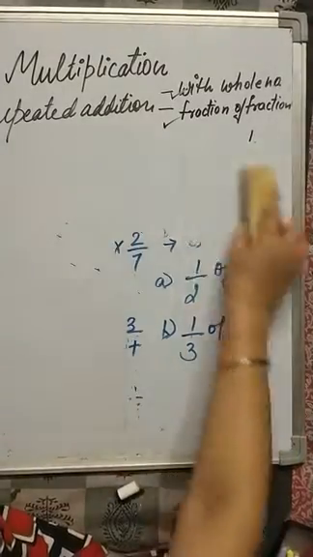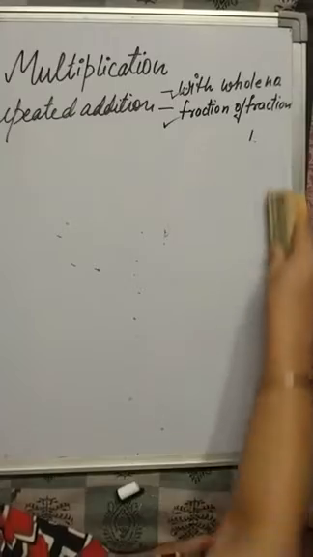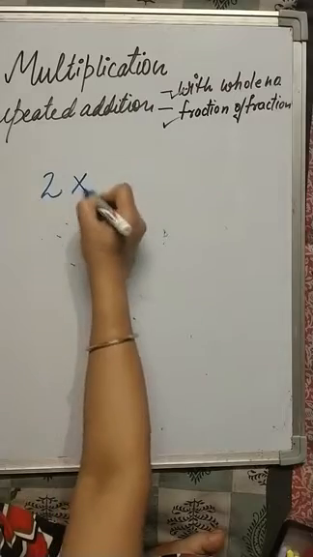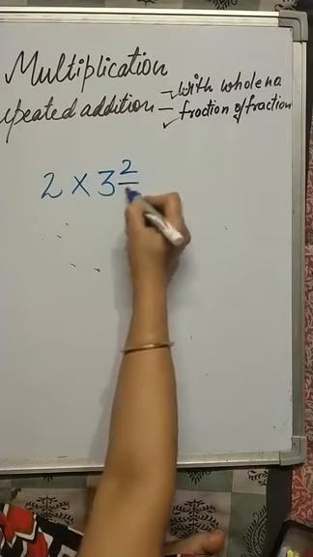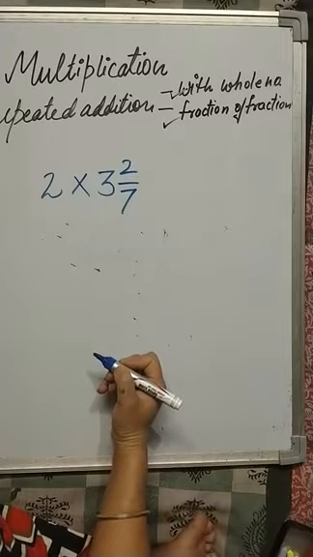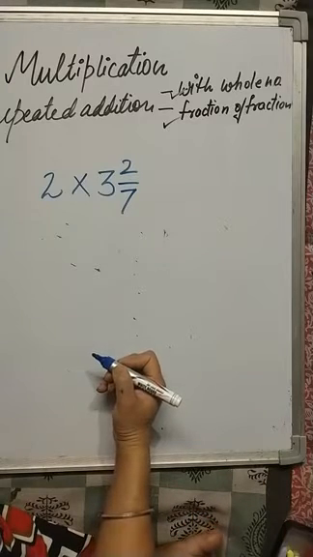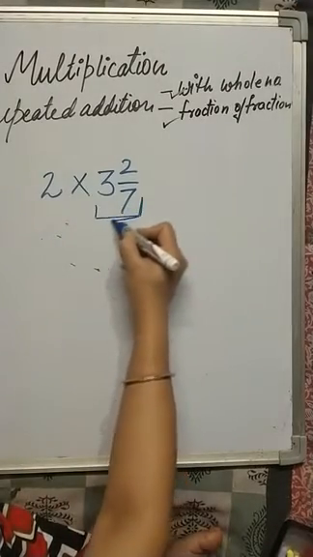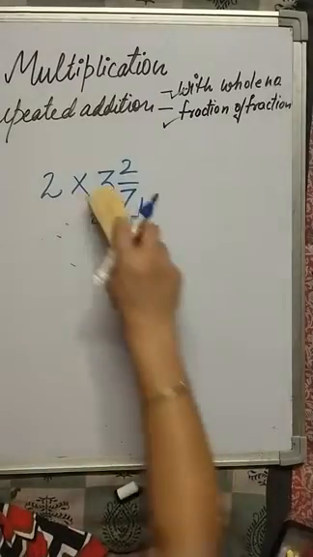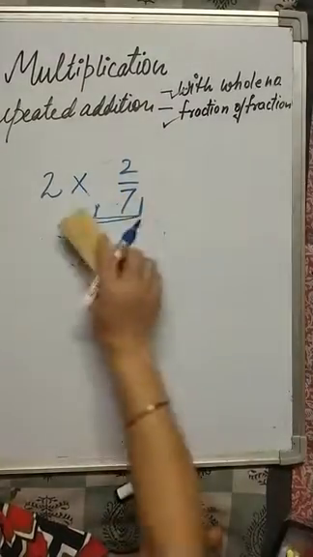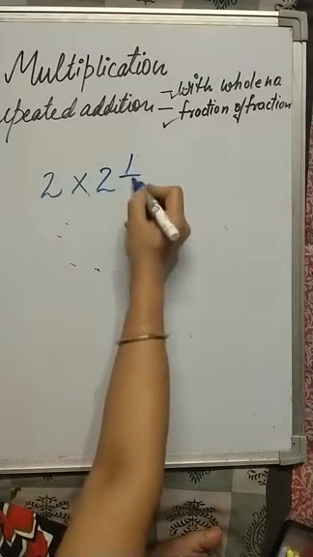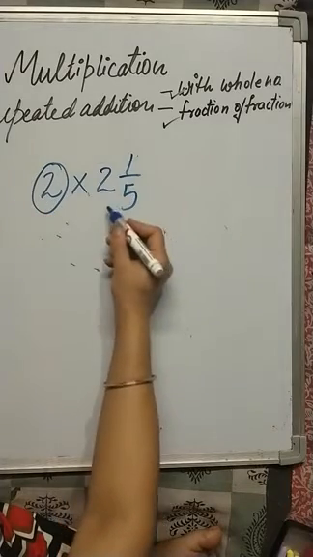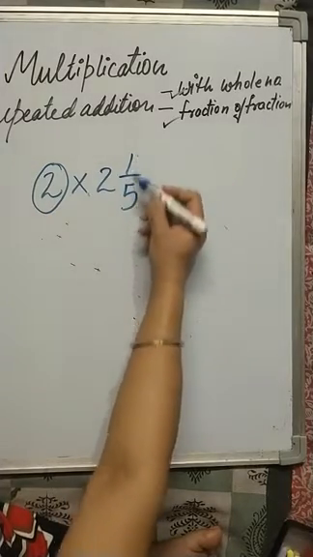Okay, next is, if we have to multiply a whole number with a mixed fraction, a mixed number, how will we multiply? There are two ways of doing it, but I'll tell you the logical way, the visual. I'll provide you the visual. Let me take the number as 2 and 1/5. 2 times the number. 2 times I am getting 2 full and 1/5.